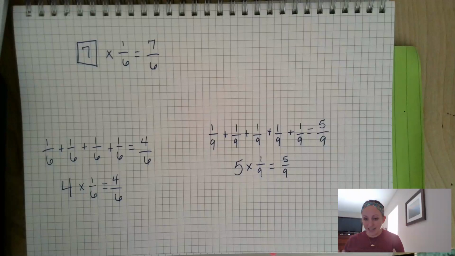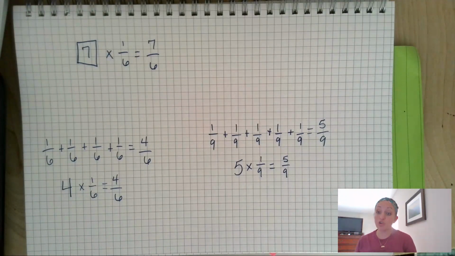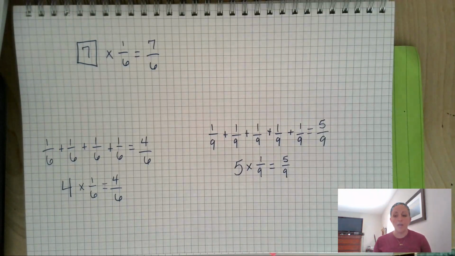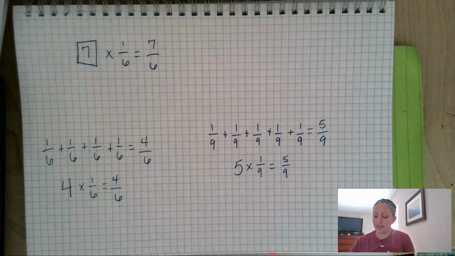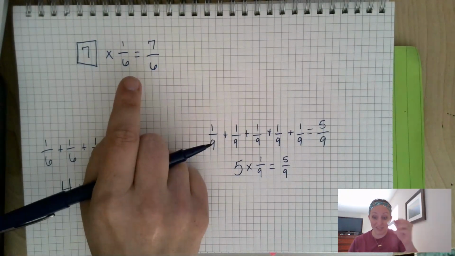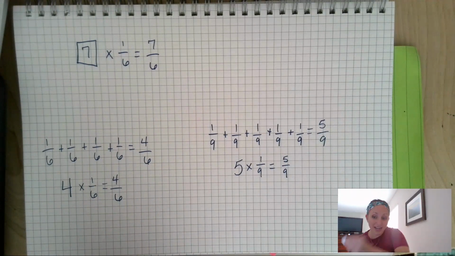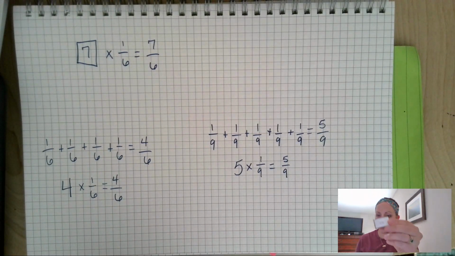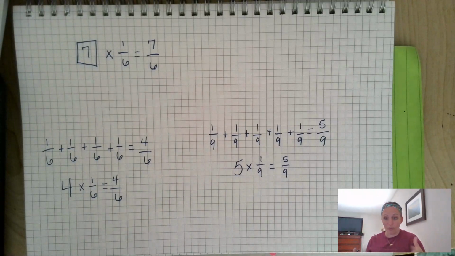So you may be thinking, well, when I multiply, then the answer gets bigger, and that's usually true. But with fractions, it's a little bit different, because remember, we're talking about parts of wholes. So if I have 7 times 1/6, that means I have 1/6 7 times. So that's not going to be an answer bigger than 7, because I'm starting with something that's really small, all right? And again, using your fraction strips to help you represent this is going to be really helpful in